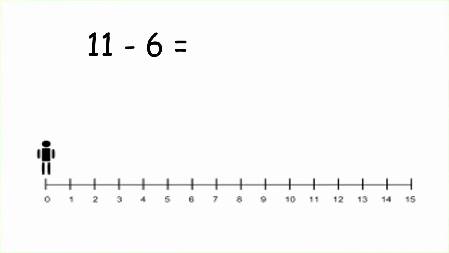Here we have another sum. We have 11 take away 6. So the first number is 11. So we start at 0 and we jump straight to 11. So it's a really big jump. We're jumping straight to 11. And then the sum says to take away 6. So we are going to jump back 6 spaces. Remember, we are going back in the direction of the 0. So we start where we stopped at 11